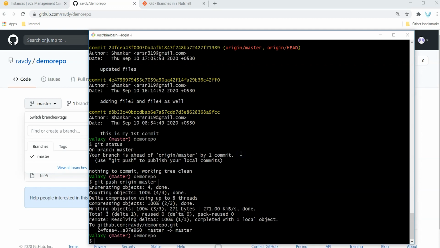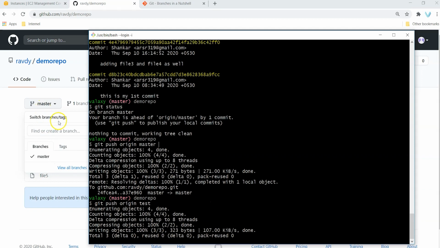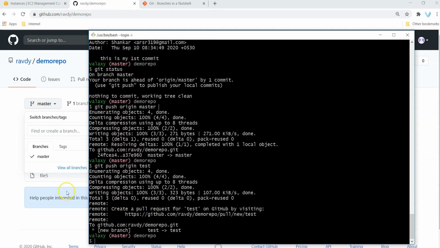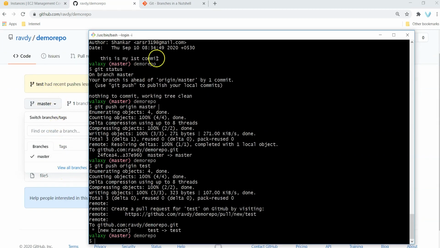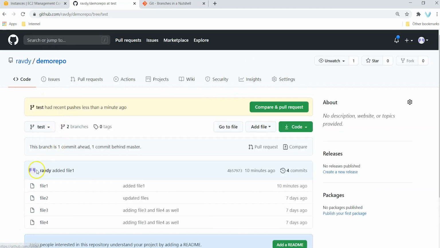If I want to push my test branch changes also, then I need to give git push origin test. Here I am giving master, right? Instead of master, I need to give test. This time your test branch gets created over here, and those changes are updated into your repository. Now you can see here your test branch has been created, and if I switch to the test branch,